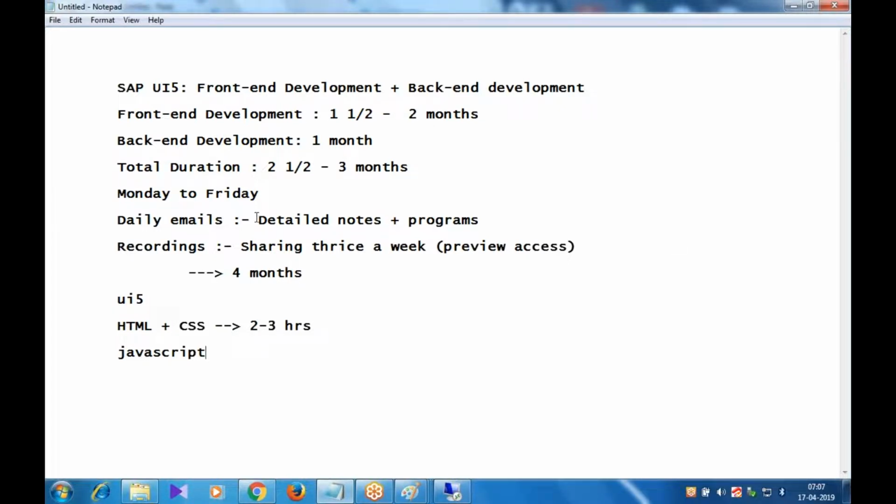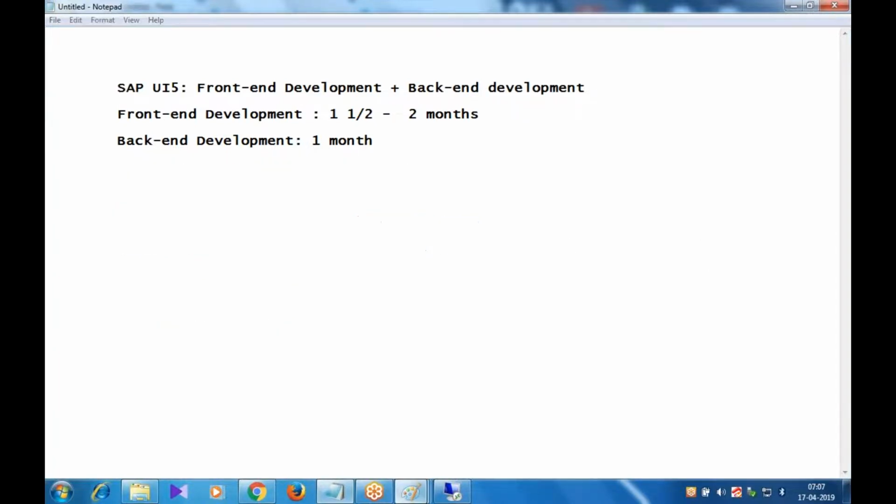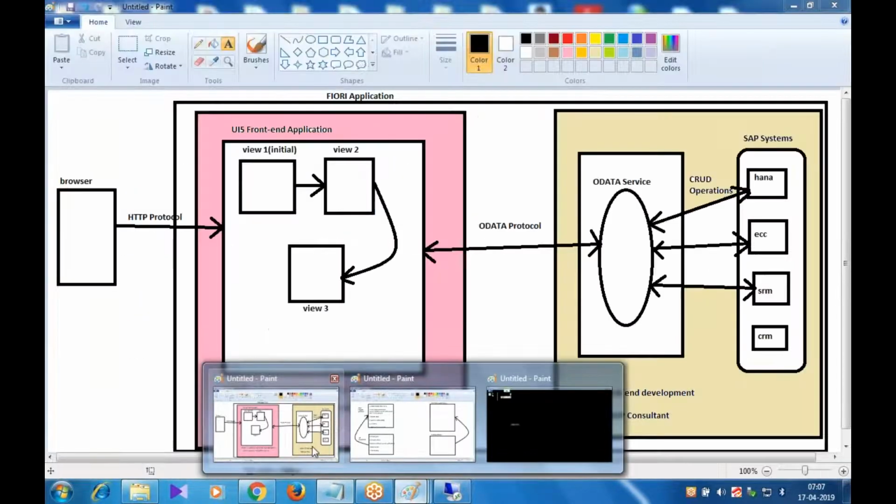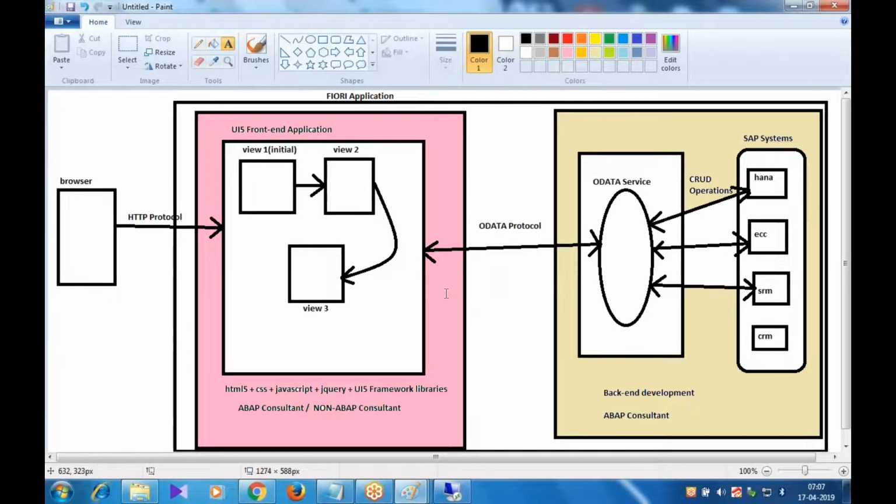And as I told you initially, we'll be sending a daily email, which includes the notes and programs. You can refer to that. You need not take anything down during the live session. And with the knowledge of whatever we discuss in our live sessions, you can easily project 2 to 3 years of experience on UI5 itself. One project on Eclipse, one project on WebIDE. In case you're projecting 2 to 3 years of experience, you can say that as part of that experience,